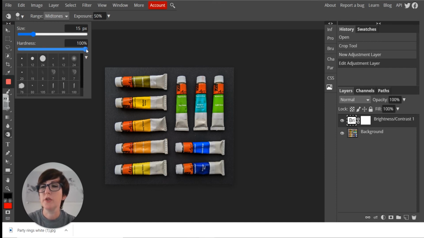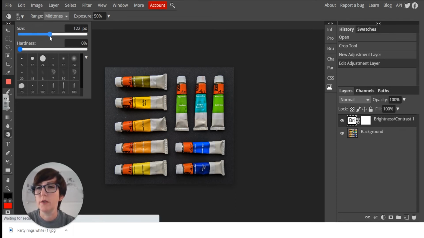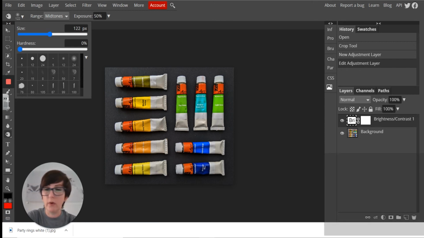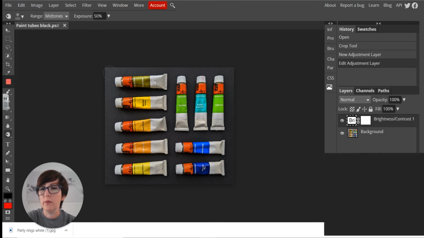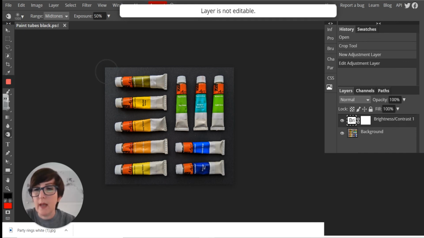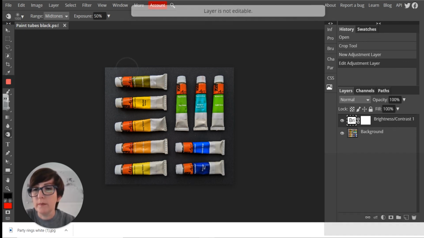Now I want my paintbrush to be 0% hardness because I want it nice and fluffy and soft. And I'm going to increase the size of my brush. Now you can increase the size of your brush if you use square brackets on your keyboard. What happens here now is as I brush over,